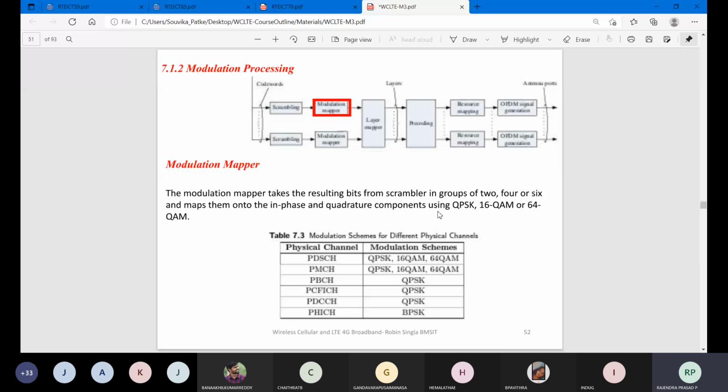You have different modulation schemes present, like phase shift keying, amplitude shift keying, frequency shift keying, quadrature phase shift keying, quadrature amplitude modulation, and these are the different schemes available with respect to the different channels: broadcast channel, multicast channel, paging channel, and data control information. These different channels can use these different technologies.